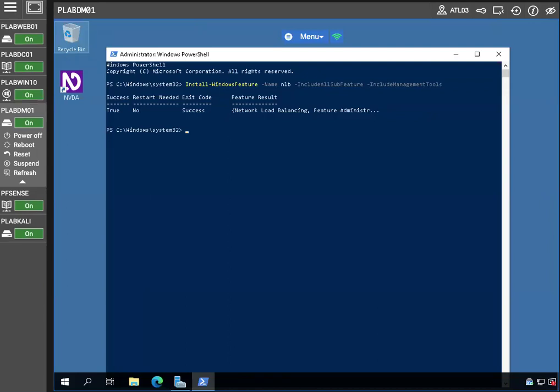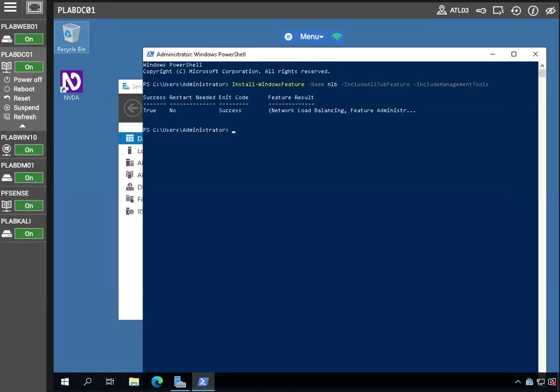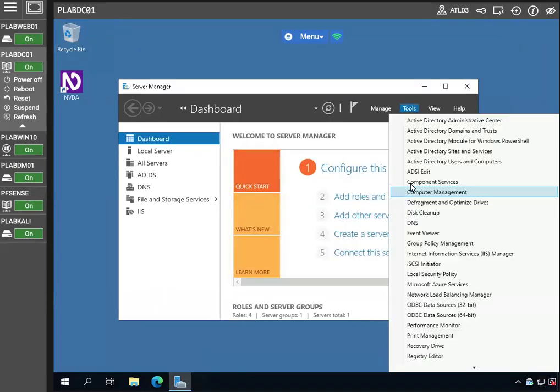Now this one is completed, so we can actually close this out. And after the network load balancer feature has been installed on both servers, a cluster needs to be configured, and the devices must be added. So I'm just going to swivel back over to DCO1, and then let's take a look here